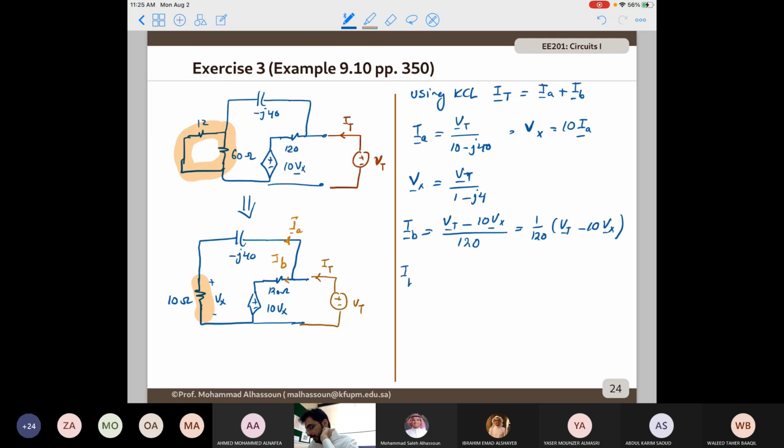So IB is going to be VT over 120 times 1 minus 10 over 1 minus j4. So if I solve for it, I end up with